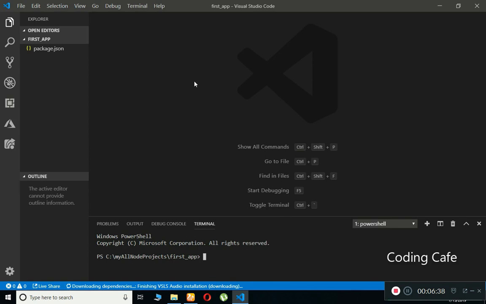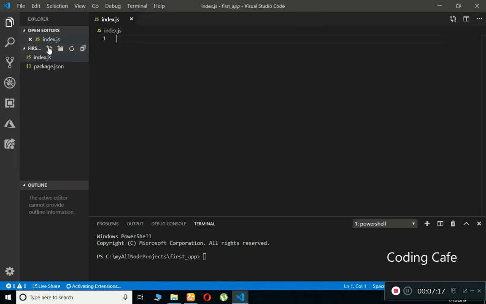Now here we have to create our index.js file, because that is basically our entry point, which we selected at the time when we were creating our first application from npm init. I hope you remember it. If you have not remembered, then go back a few seconds, when you were pressing just enter, okay, there is basically the entry point which we set as index.js, which is the default. So we have to create the application by this same name. So just click here and new file, okay, this icon, new file, and there just type